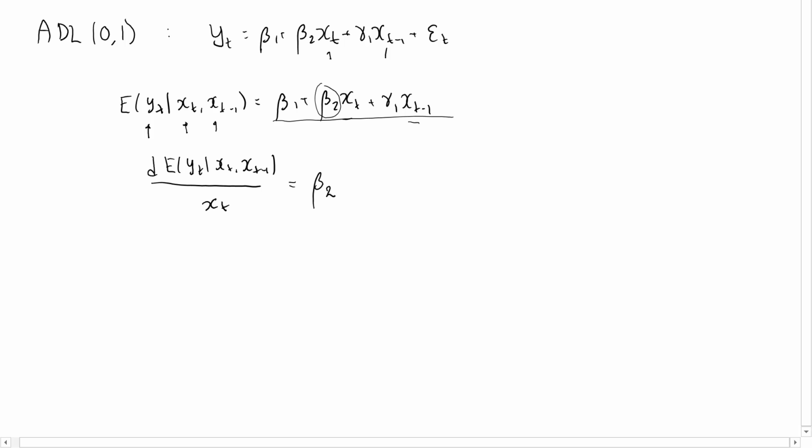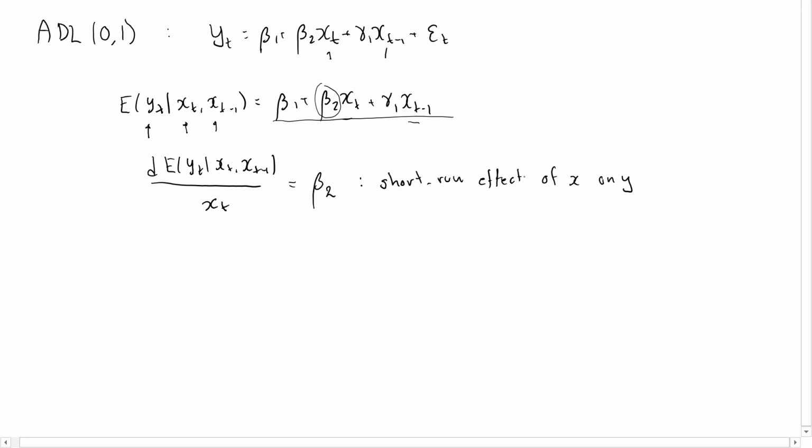So it's kind of the instantaneous effect on the expected value of y when we change xt this particular period. This is why we will simply call this the short run effect